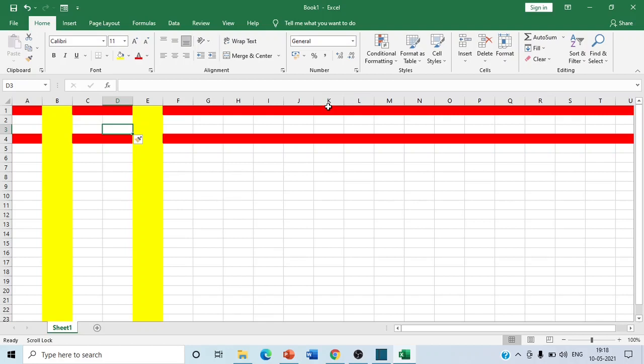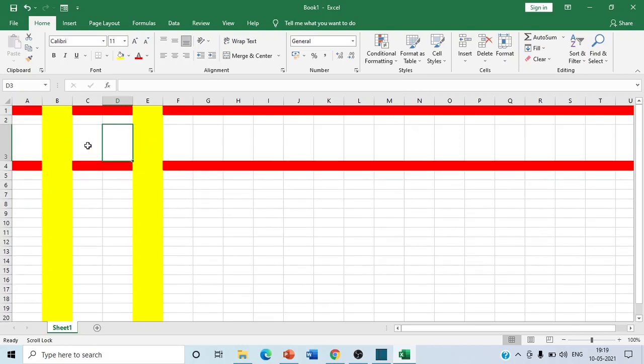Now we will learn how to adjust the row height. For adjusting the row height, you will go to the line between the rows and place the mouse pointer. For example, if you want to stretch row 3, you go with the mouse pointer to row 3, and when your mouse icon has changed, you can see a plus sign. When it is changed, you press the left click and drag downward. Then you can see that your row has been stretched.